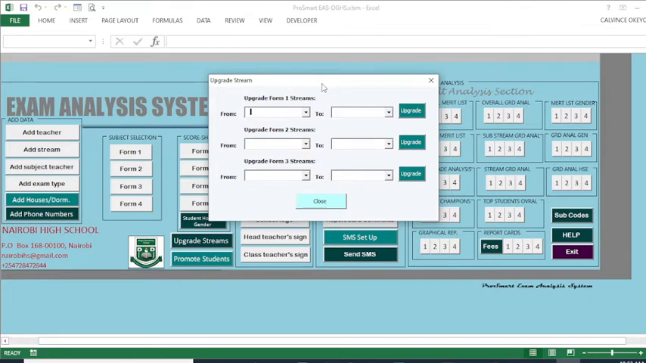So you want to promote or to upgrade all your streams in Form 1, then you will upgrade all your streams in Form 2 and upgrade the streams in Form 3. So you will have, for example, I have here some various streams in this school. So you'll have Form 1H, you want to upgrade it to Form 2H. So you upgrade them